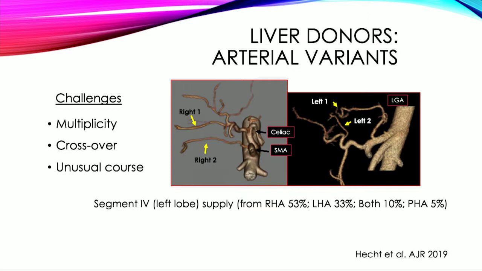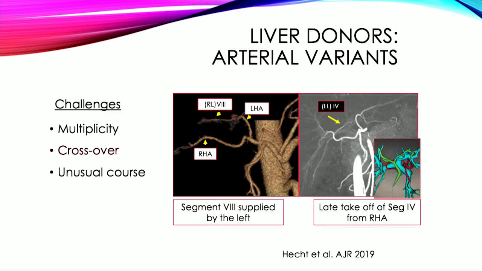Here we have duplication on the right and 2 left renal arteries, so that makes it more challenging. And while a skilled surgeon may be able to deal with this, it is something that they have to decide and know in advance to know what the risks are. Any kind of crossover, when you have any vessels that cross from the right to the left, will probably be a contraindication to surgery without compromising one lobe or the other, because the most important thing is to protect the